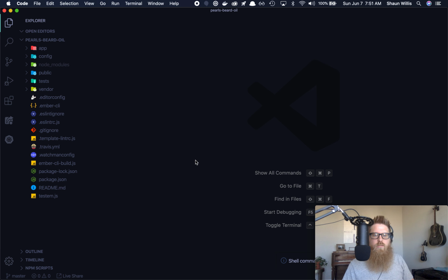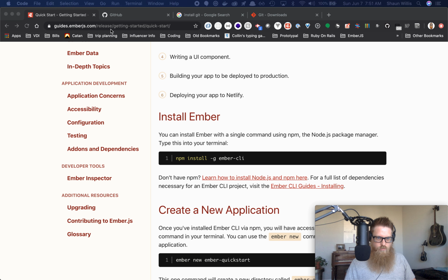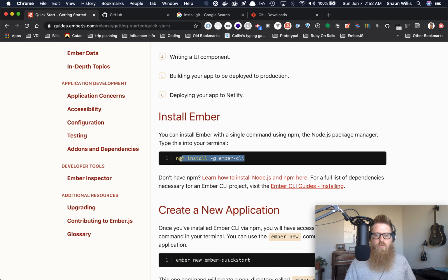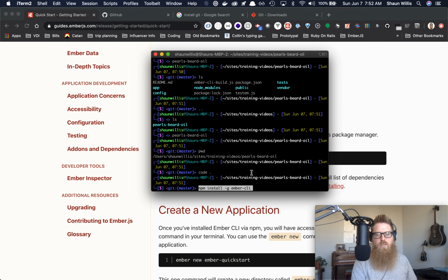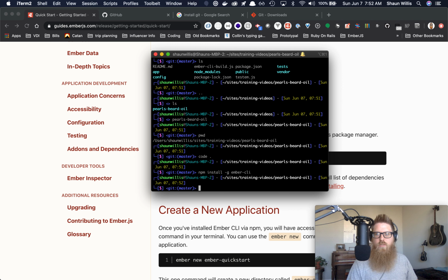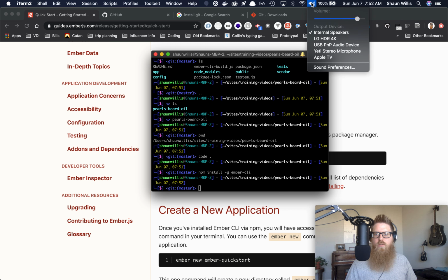All right, so the next thing that we're gonna do is jump over to Chrome, go to these links. I have them, if you're watching in Udemy, I have those links available in there. So we are going to copy and paste and install our Ember-CLI. So you'll hit that and then you'll hit enter. I'm not gonna do it on this video just because we are